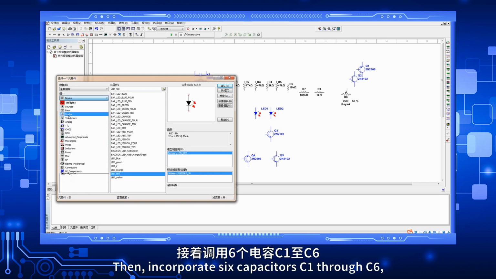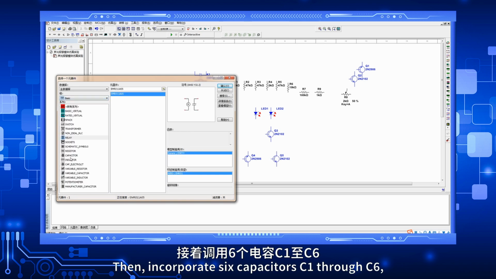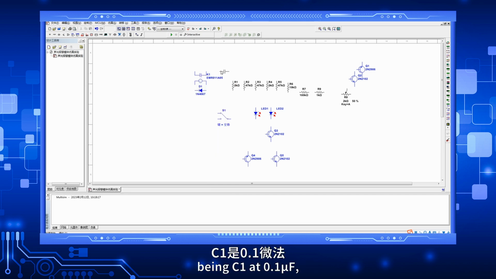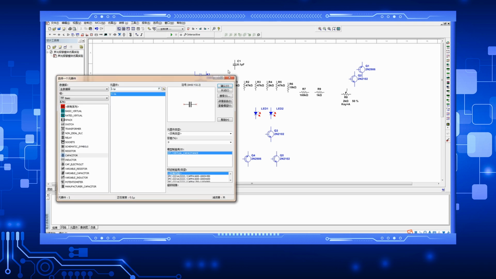Then, incorporate 6 capacitors C1 through C6, with their capacitances being C1 at 0.1 microfarad, C2 at 100 microfarads,